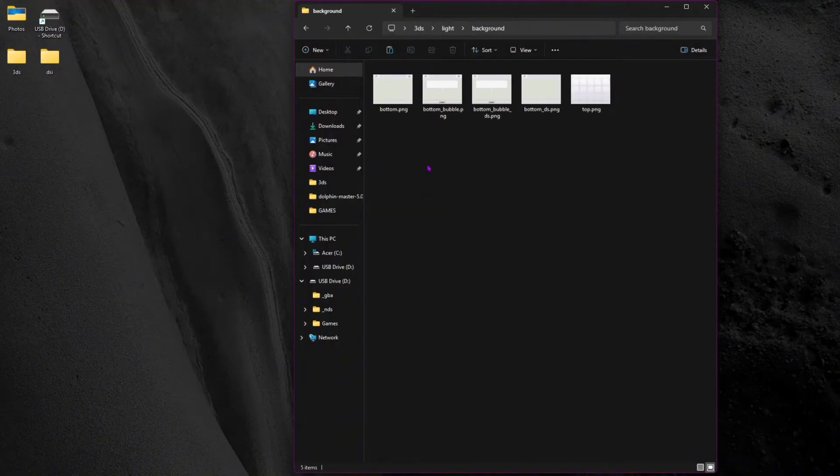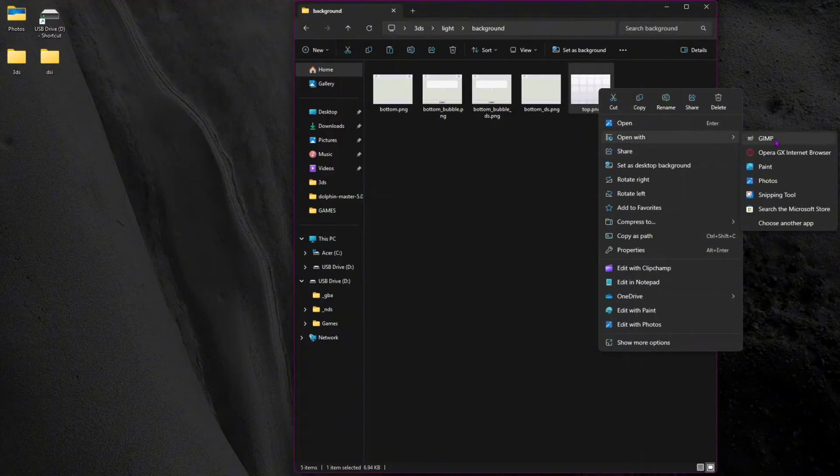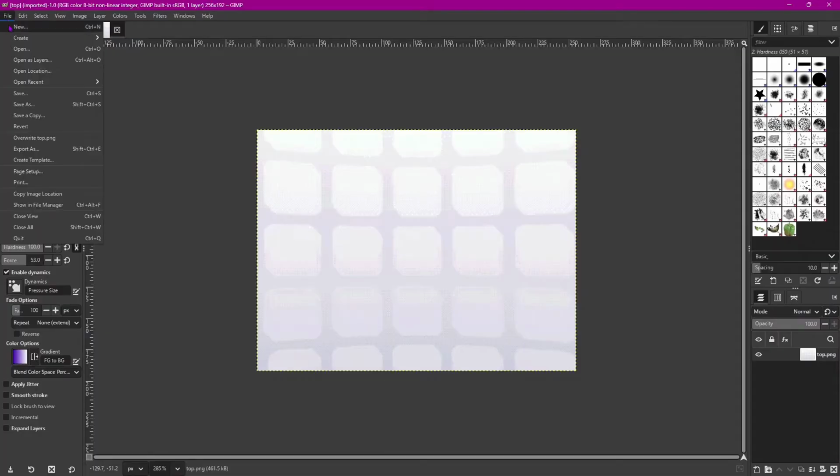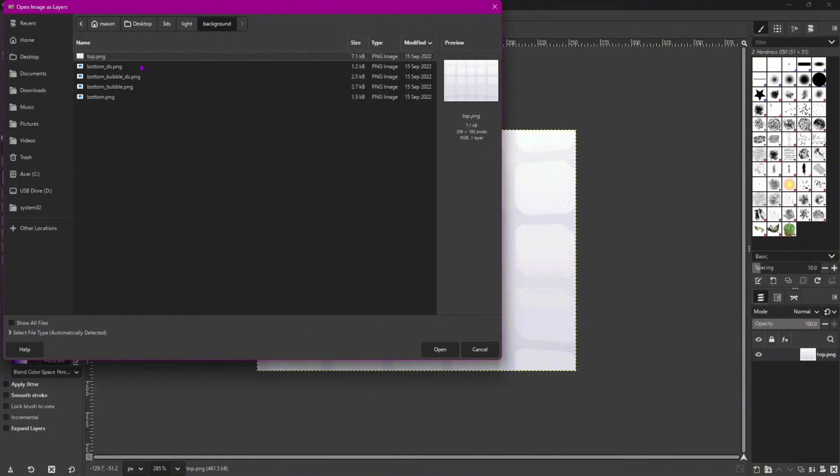Now I am going to be using a program called GIMP for this tutorial, but you can use any image editing software you like. Now personally, I like to start with your top image as it is the easiest one to do right off the bat. So all you're going to do is come over here. I'm going to open it with GIMP, and now that we have our image loaded, we can go ahead and get started. Now since we are using a secondary image in place of this and not just changing colors, I find it easiest to go up here, click File, click Open as Layers,